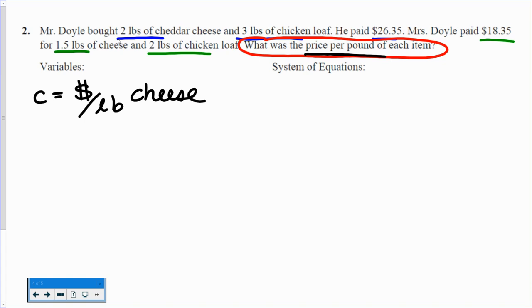Okay. The other variable I got is chicken. So I'm going to